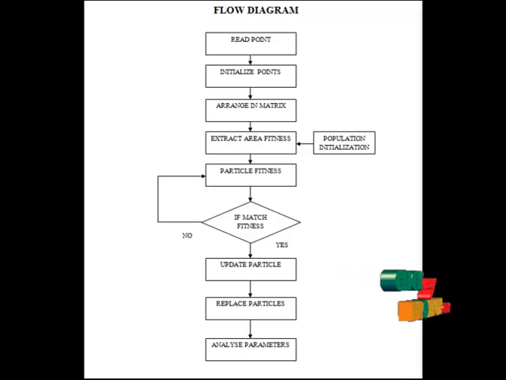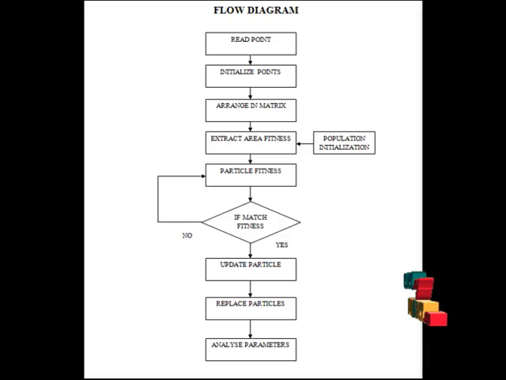In the PSO, each single solution is a bird in the search space. We call it a particle. All the particles have fitness values which are evaluated by the fitness function to be optimized, and have velocities which direct the flying of the particles. The particles fly through the problem space by following the current optimal particles. PSO is initialized with a group of random particles and then searches for optima by updating generations. In every iteration,